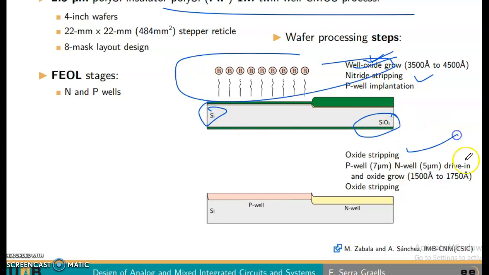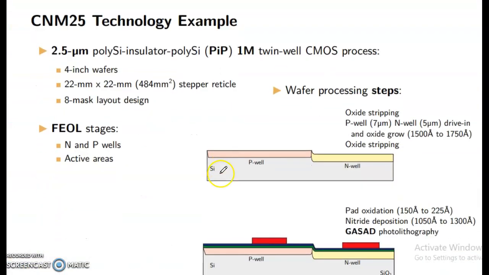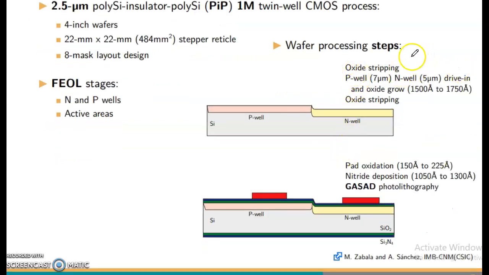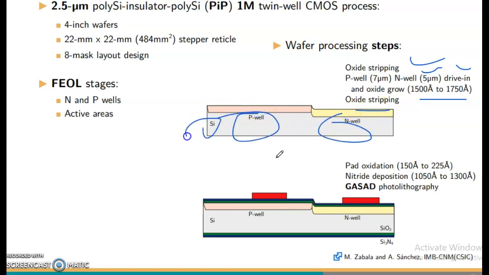SiO2, oxide stripping, P-well 7 micrometer, N-well 5 micrometer drive-in, and oxide grow 1500 to 1750, oxide stripping, N-well, P-well, Si. Oxide stripping, FEOL, P-well 7 micrometer, N-well 5 micrometer drive-in, and oxide grow 1500 to 1750, oxide stripping, N-well, FEOL, Si,